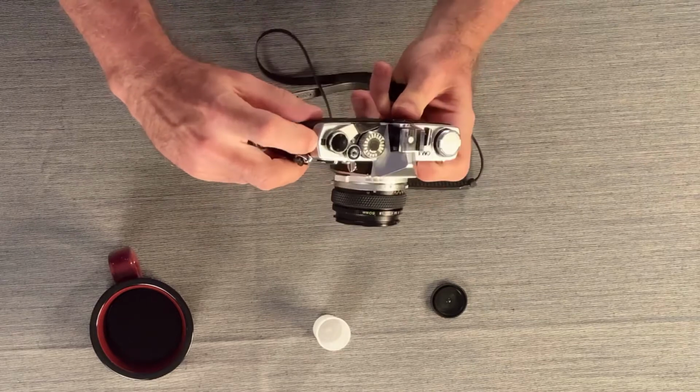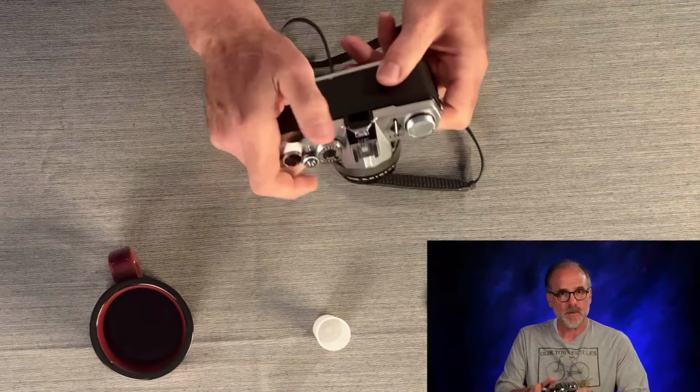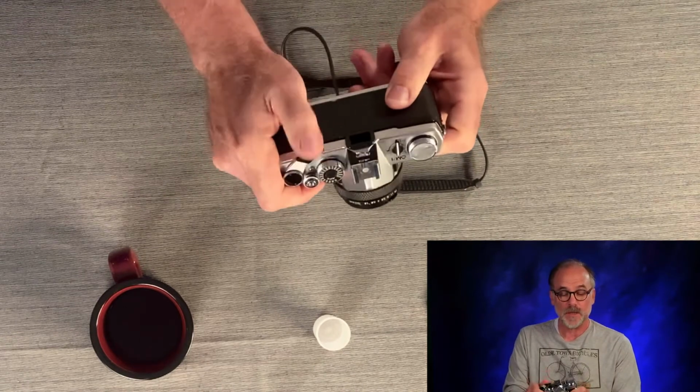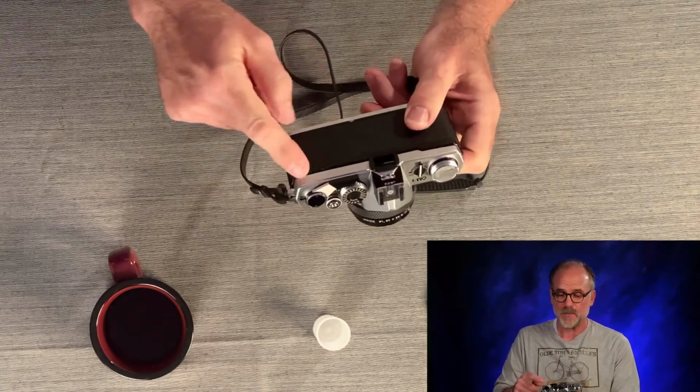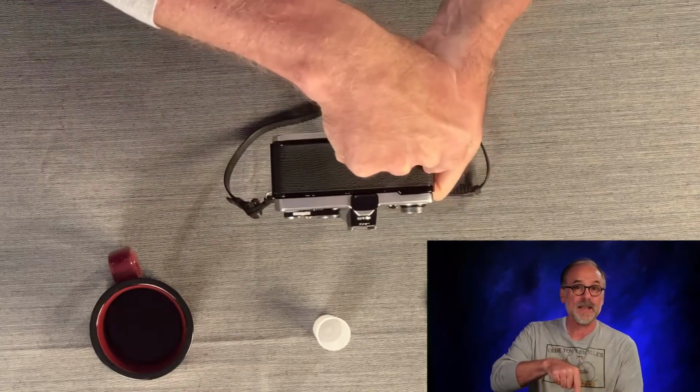We're back in the studio, and we've shot every frame on this 35mm roll, this Portra 160. We can see that our film counter is at 36, just passed. We can't advance the film anymore. We've hit the tension on the end of the roll. Now it's time to get the film from this side of the camera all the way back into that canister